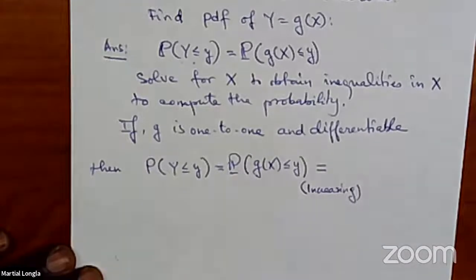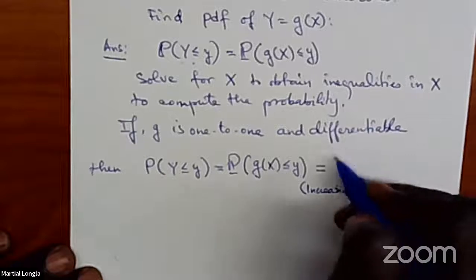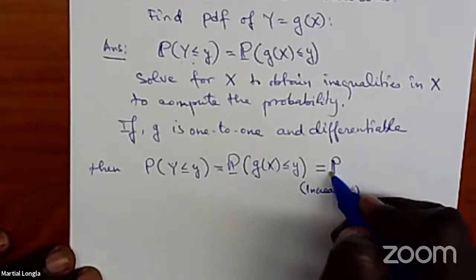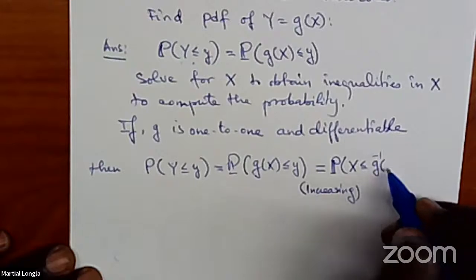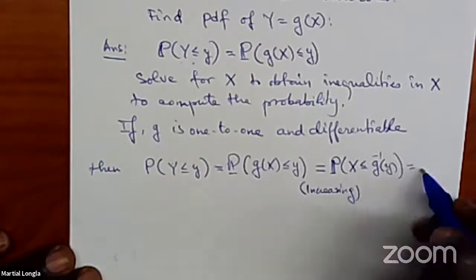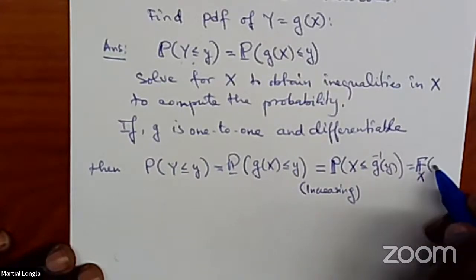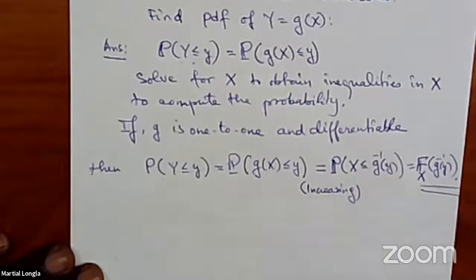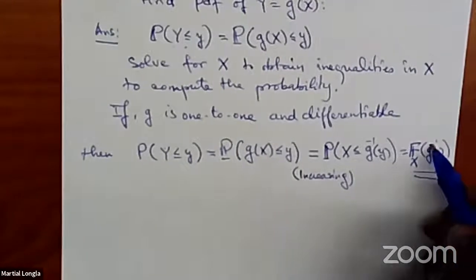If it's decreasing, you have the opposite inequality, okay? If it's increasing, then this is equal to probability that x is less than or equal to the inverse function at y. And we know this is the CDF, so that is F_X of g^-1 of y. That's how you would do it in that case if the function g is 1-to-1 and increasing,